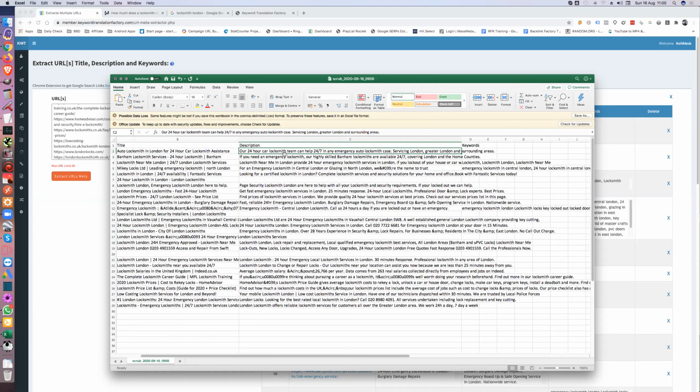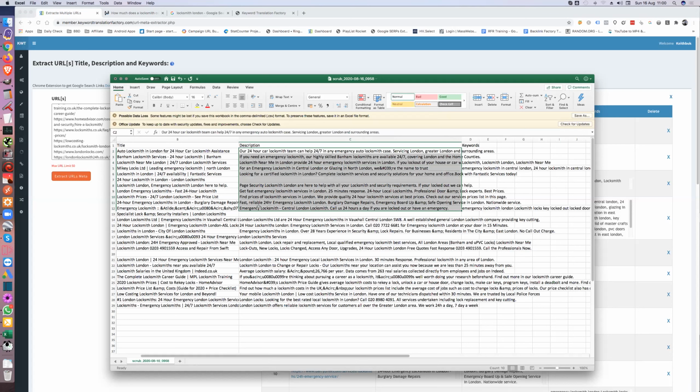Or you can take them and spin them. Obviously, you could change London to be location and then just have that. Make sure you remove anything like the 039 and stuff like that, and just use that as your content. Or, like I say, spin each one of these, especially the top 10,